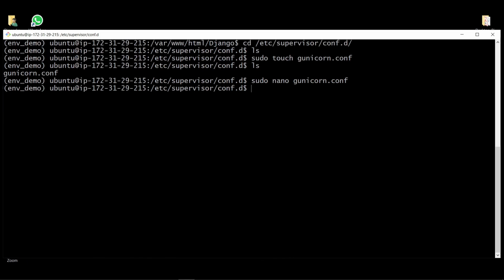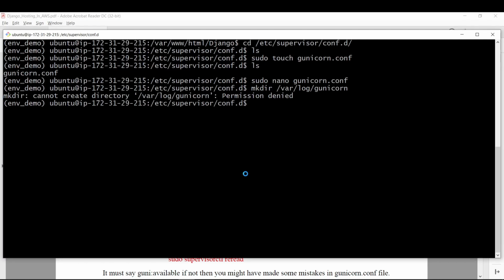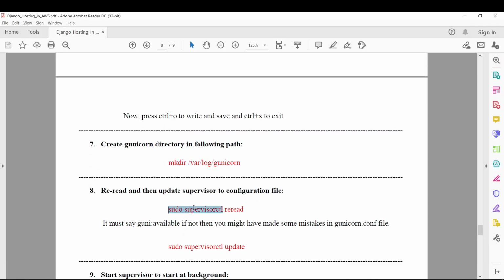Now let's create one directory in this path: mkdir /var/log/gunicorn. Shift insert. Permission denied. So sudo and this command. It will create one directory for gunicorn, and then we need to reread the supervisor.